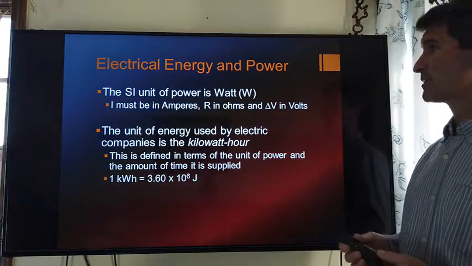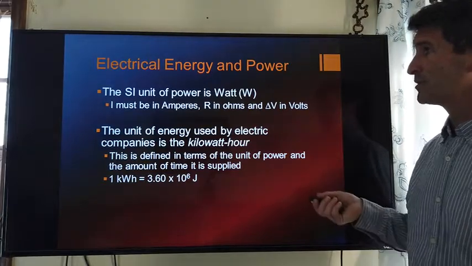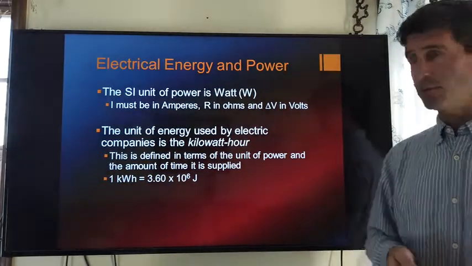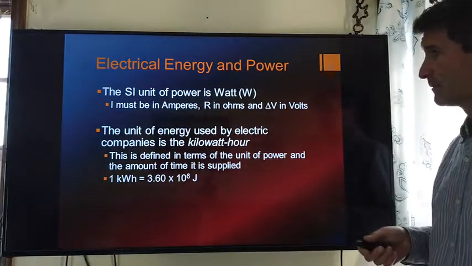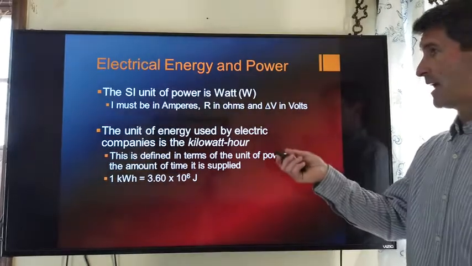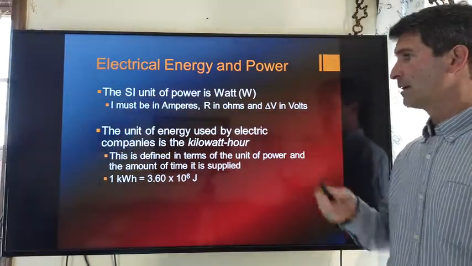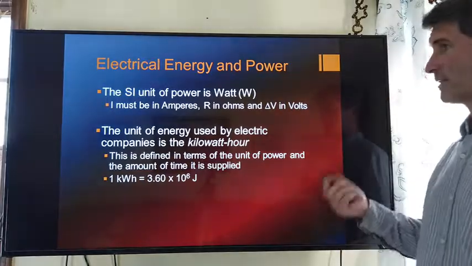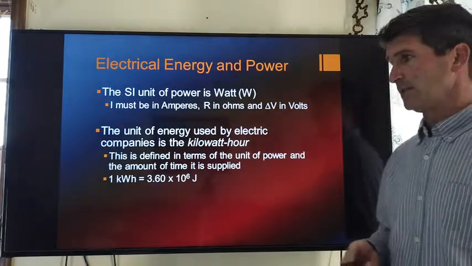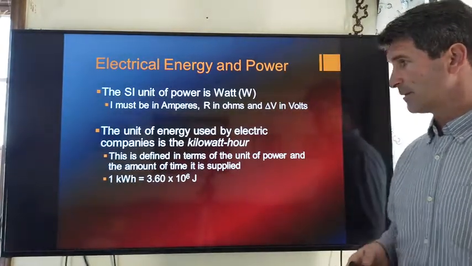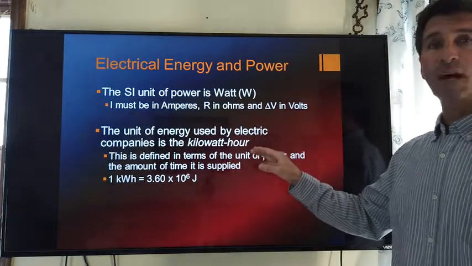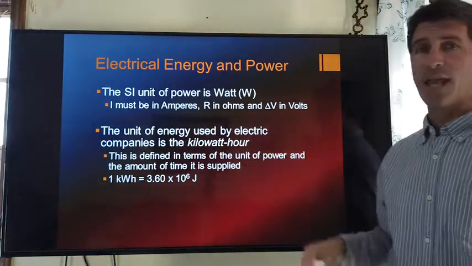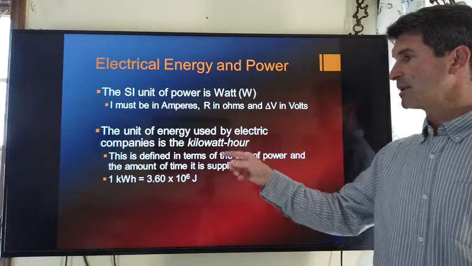Again, electrical units of energy and power. Energy in SI units is always joules. Power is watts. Again, I is amps, R is ohms, and V is volts. Keep everything in SI units, and then it's easy to convert from one unit to the other. A kilowatt hour is not power. A kilowatt hour is energy. It's the energy used if you have a